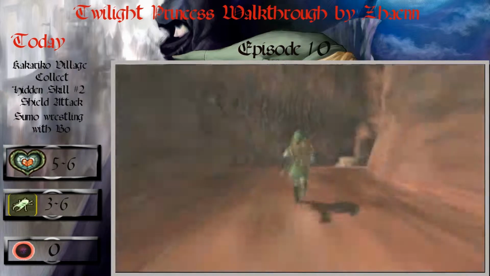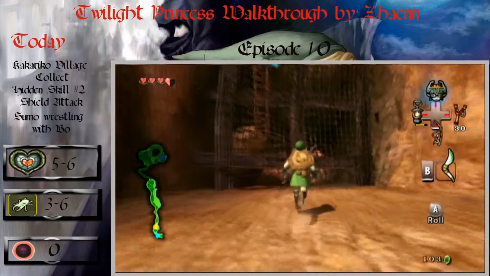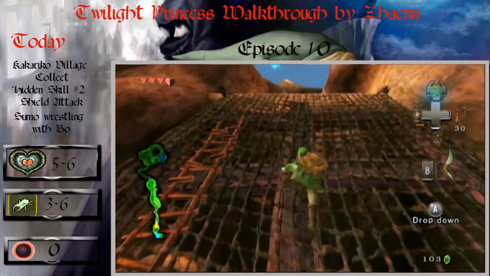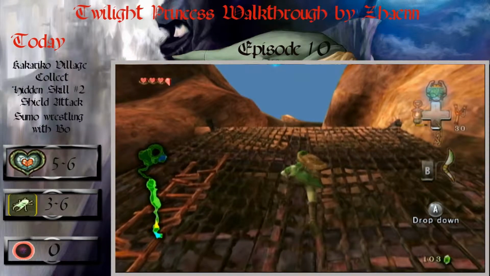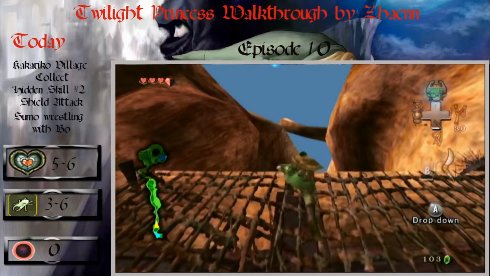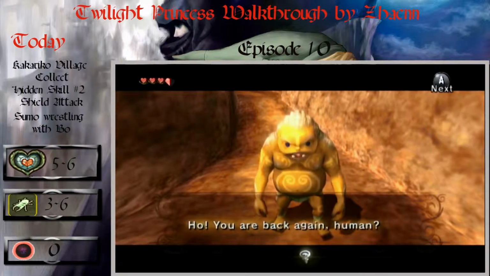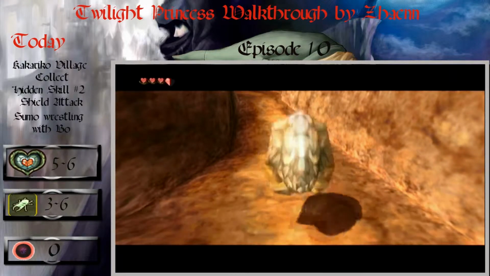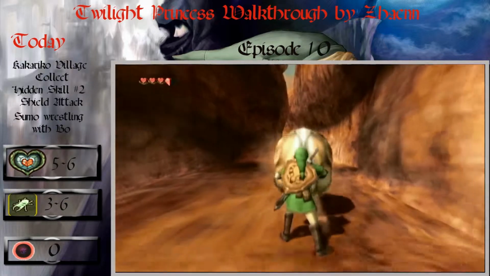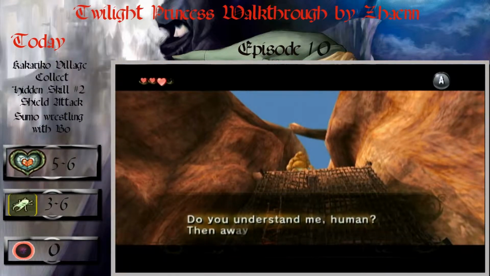But yeah, last time we left off when we returned, well, actually we got rid of the Twilight in the Eldin province, and today we're going to go on top of Death Mountain. Now here you may see that I lost half a heart, and this Goron's dialogue is "You are back again." I had a bit of problems in the